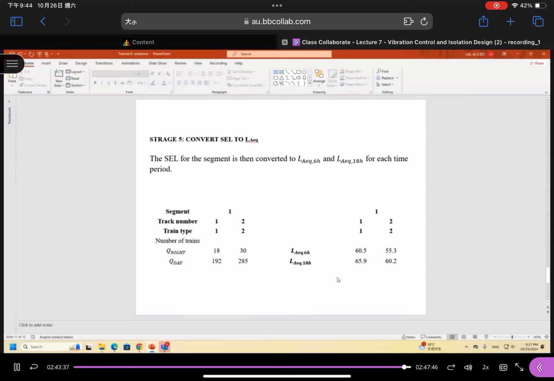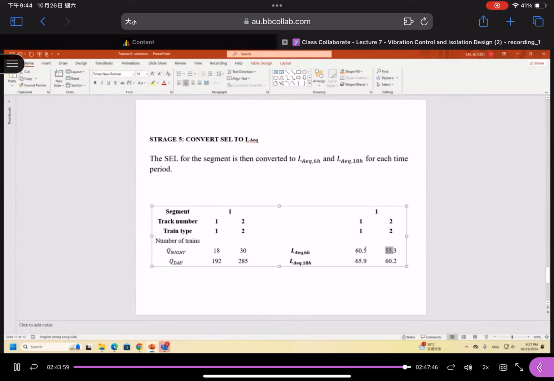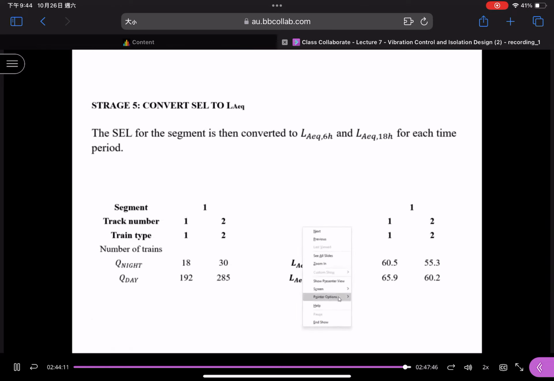Now we go to the last stage, which is to calculate the overall value. The overall value should be contributed by both tracks, track number 1 and track number 2. So during the daytime and at night, how to find out 61.6? You may consider at night these two values. How to calculate this one? Still remember that we have an equation like this. To calculate the overall value, this is at night. The contribution for track number 1 is 60.5, track number 2 is 55.6. The total value is equal to 10 log